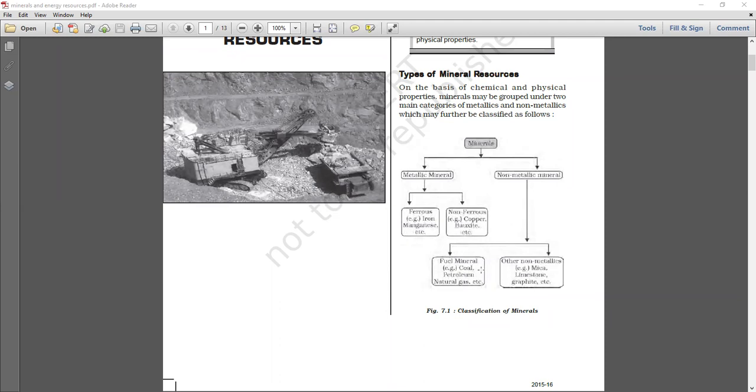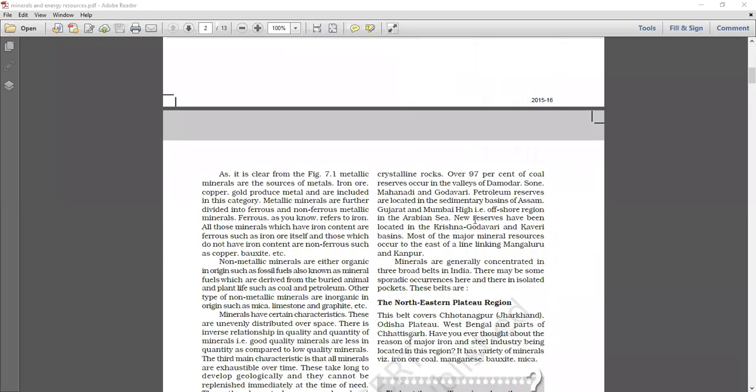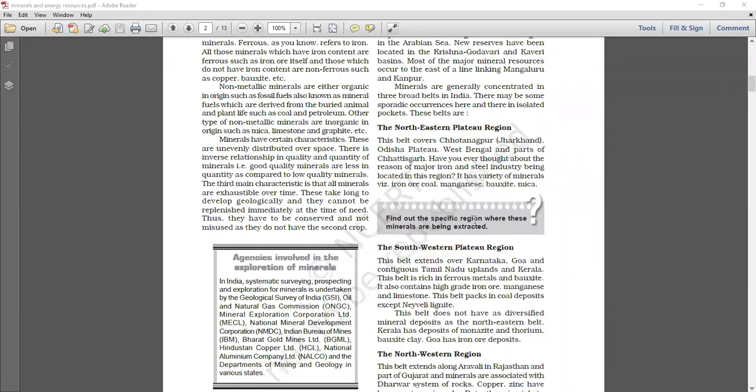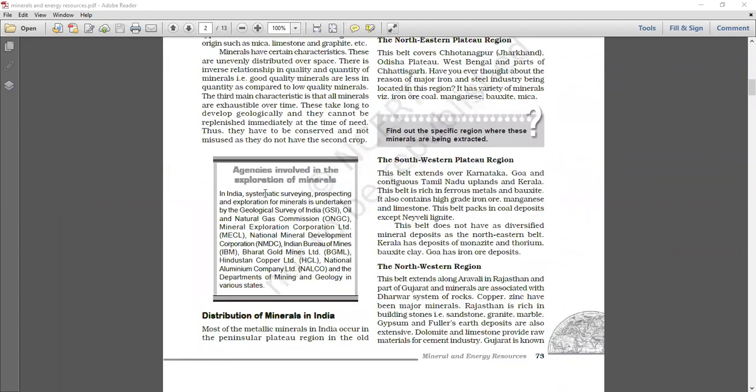So fuel minerals are those minerals which are organic matter। तो ये organic matter से जो बने वो तो आपके फ्यूल मिनरल हैं, और नॉन मेटेलिक मिनरल्स जो हैं वो इनऑर्गेनिक इन ओरिजिन हैं। तो इसके आपके एग्जांपल देखिए, लाइमस्टोन, माइका, ग्रेफाइट। So these are the examples। Now let's talk about the distribution of minerals।